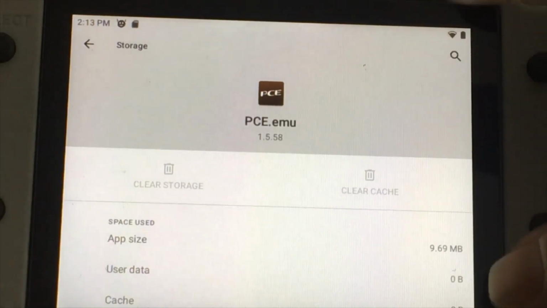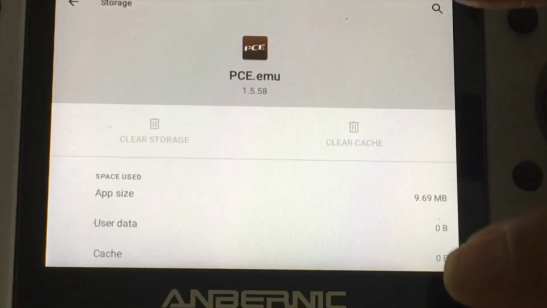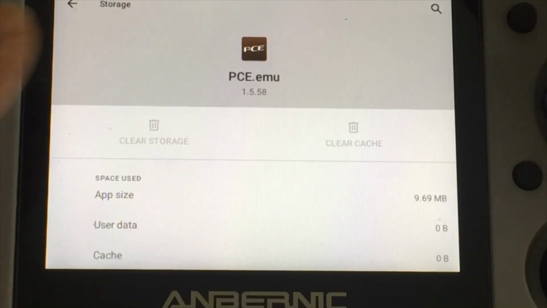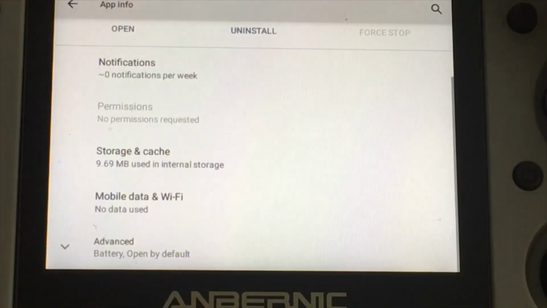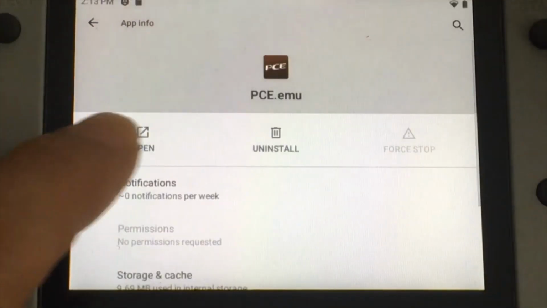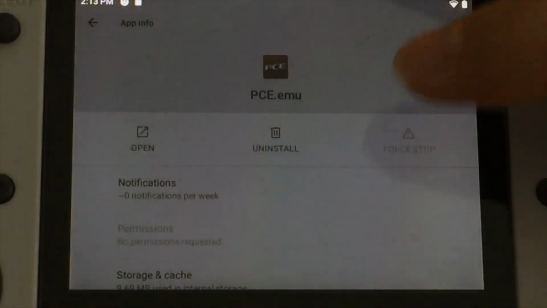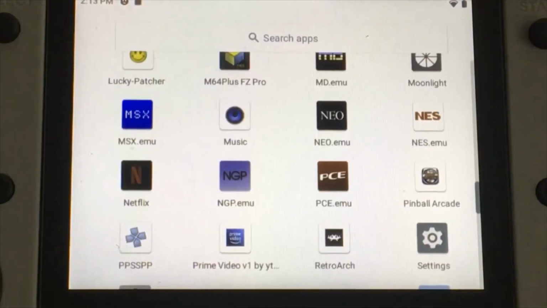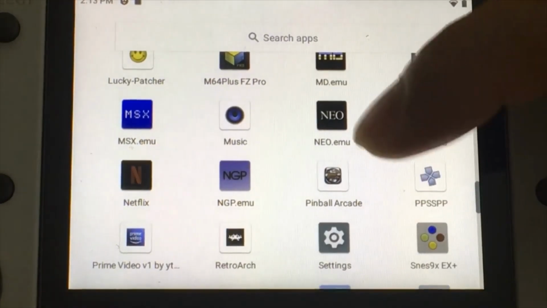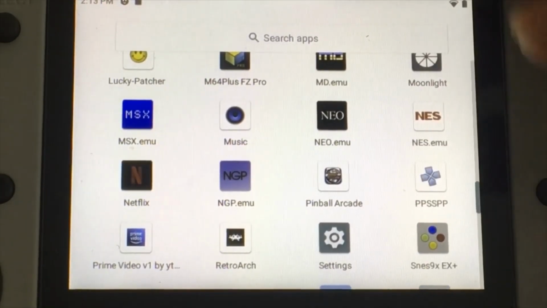So now there's 0 bytes here, and then you click B or back, and then you're going to go ahead and click uninstall and do okay. So that's how you uninstall a program. So now I don't have PC Engine anymore, it disappeared. Now